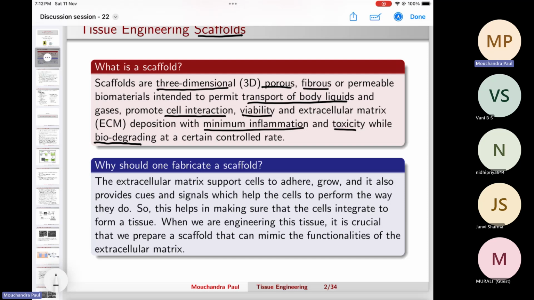So in this way you can create the body's microenvironment in vitro using these scaffolds. So for these two reasons we need to fabricate a scaffold. All right,